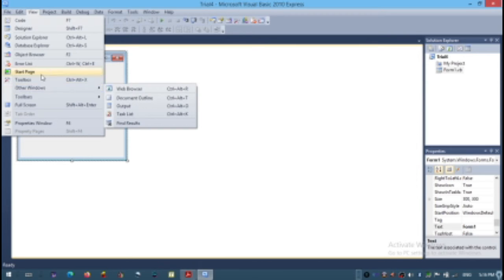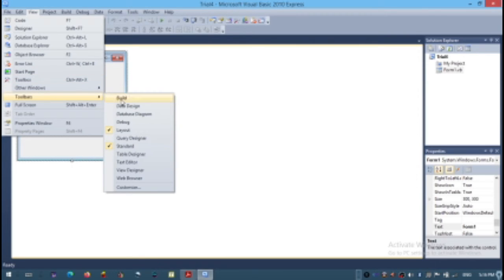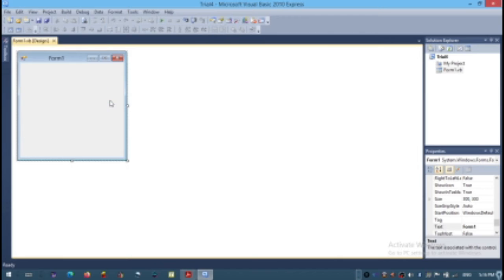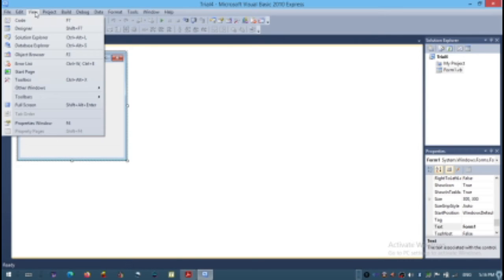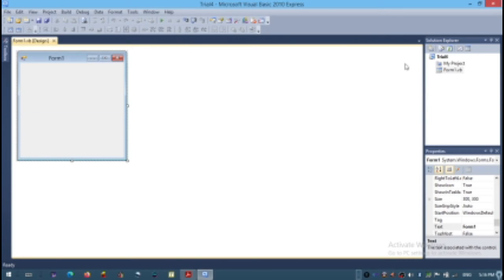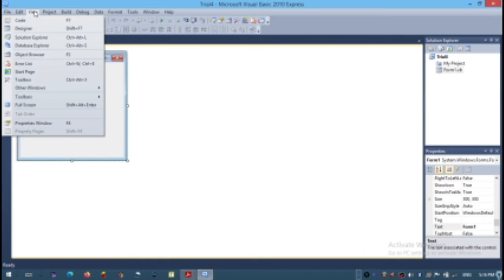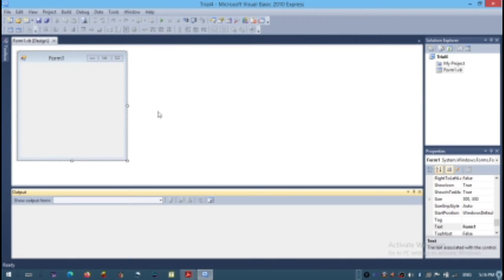View, toolbar, and text editor or table designer or query designer, web browser, build. All these toolbars can be opened using the view toolbars option. Suppose any of the windows are not present here, we can go to view, other windows, and we can open any of these: web browser, document outline, output window, etc. Let us open the output window. See, the output window is present here.